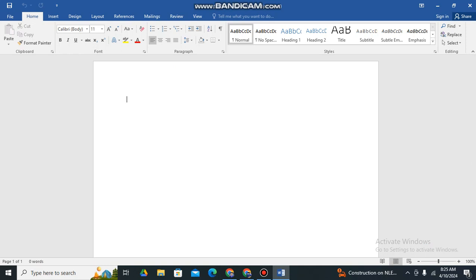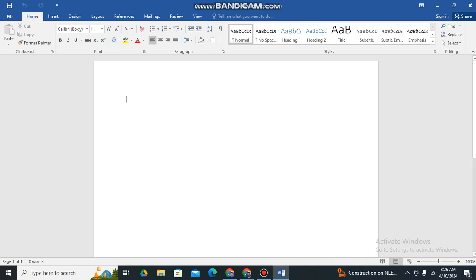At the top of this blank document, you'll see the ribbon, which contains Home, Insert, Design, Layout, References, Mailings, Review, and View. These tabs house different commands and options related to formatting, inserting objects, and customizing your document.